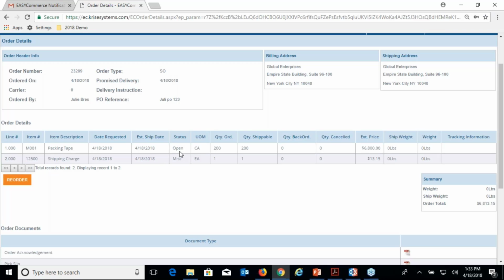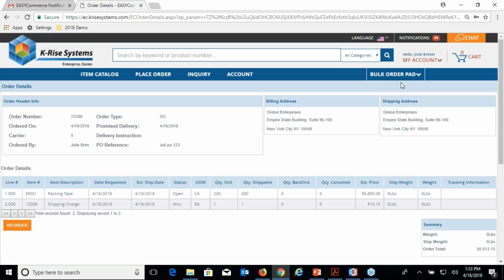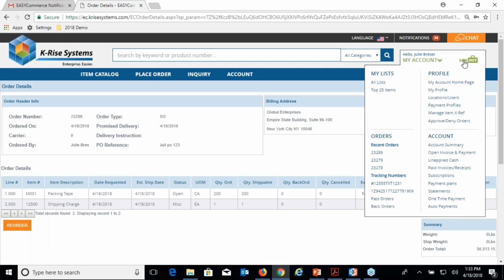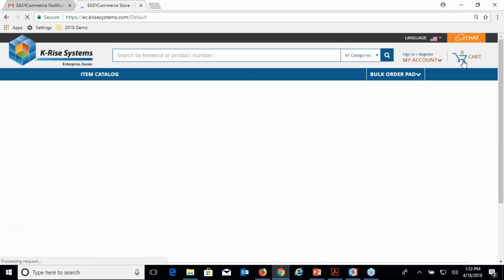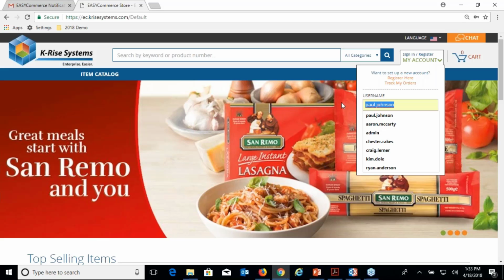There was a shipping line here, but I can show you in admin. So maybe you want to do something as basic as just show open up to ship confirmation, or maybe you want to show things like pick and pack process. Those are all up to you. Those are all regulated in admin, but this is all real time coming from J.D. Edwards. And if I was to log out and go back to admin,